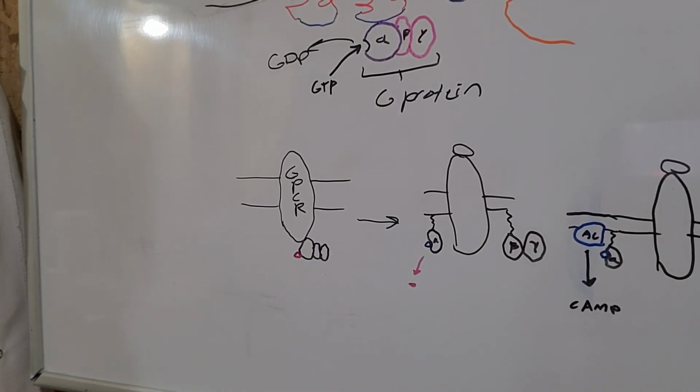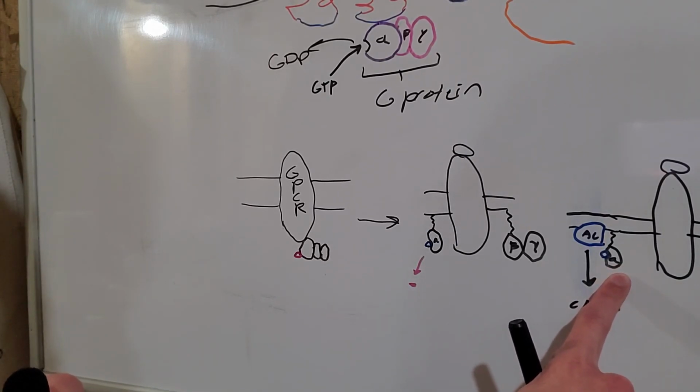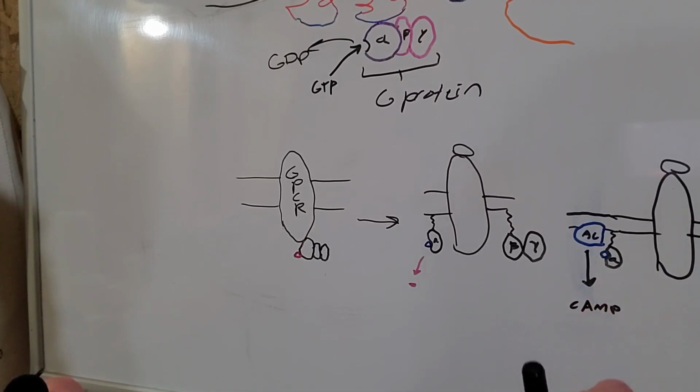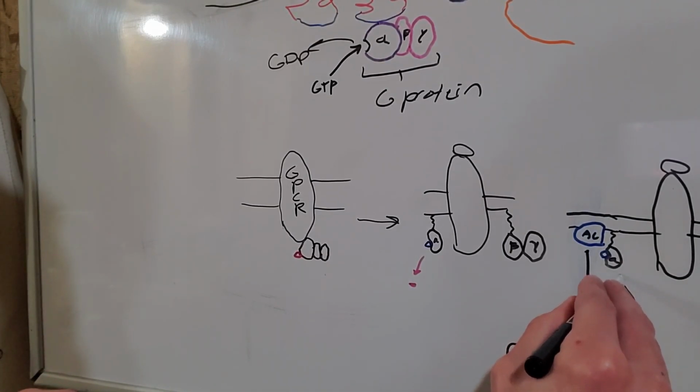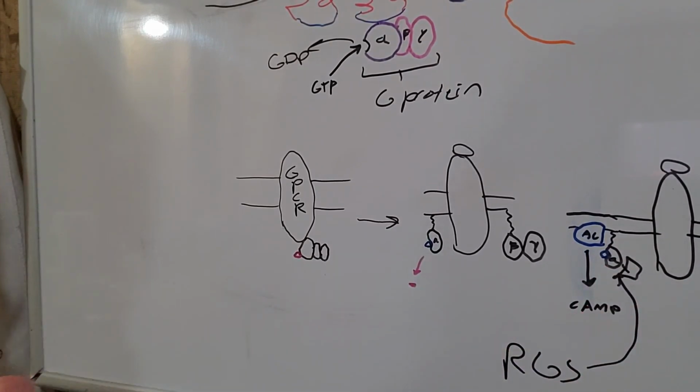And a protein that helps facilitate that, a regulatory protein, is called RGS, regulator of G protein signaling. If this active alpha subunit encounters the RGS protein, it will interact with this subunit and help facilitate the rehydrolyzation. And when that happens, that's called termination of signal